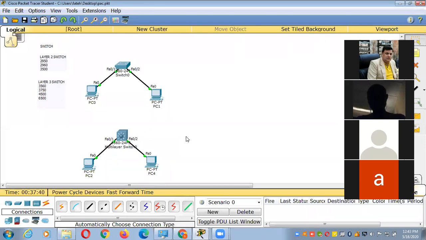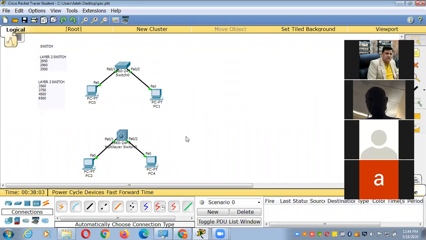Mr. Abdul Aziz, can you tell me the difference between layer 2 and layer 3 switch? I think layer 2 understands MAC and layer 3 understands IP.